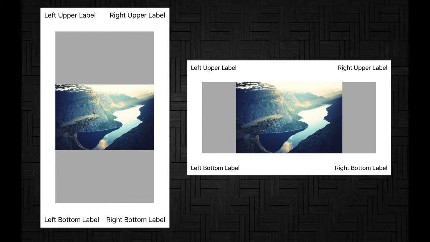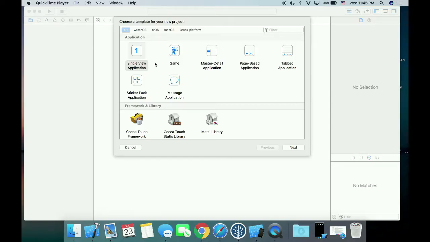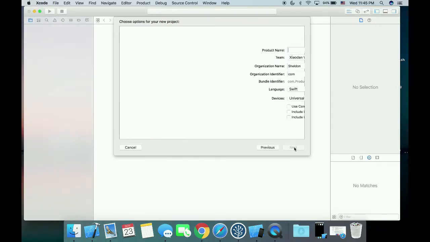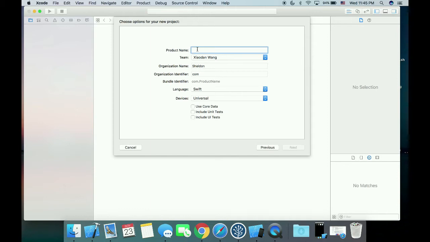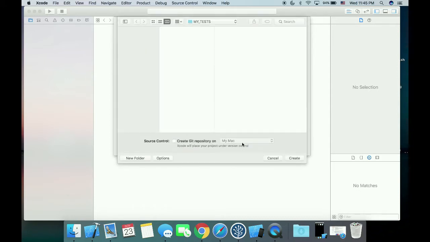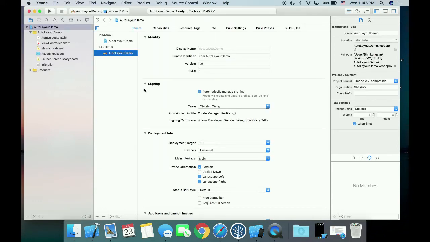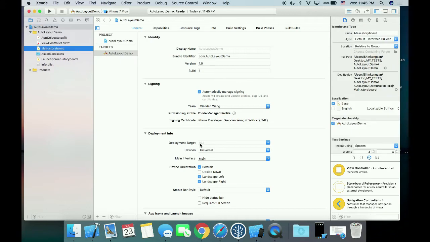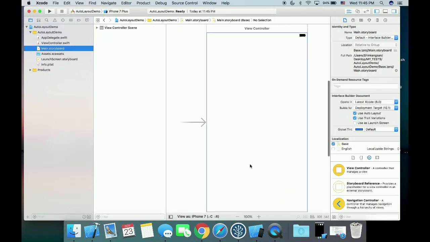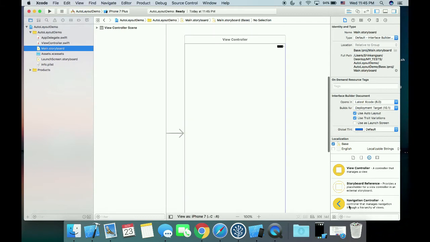Alright, let's get started. Let's simply create one single view application here, give auto layout demo as a project name, and choose whatever language you want, because we're not gonna do anything code-wise. If you come to the storyboard here in Xcode 8, assuming we're gonna have 4 labels,